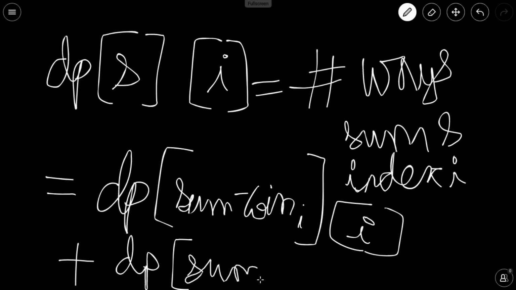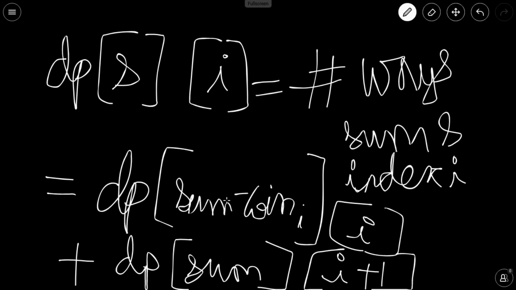So just think carefully. If you try to draw the recursion tree, then it will cover all the possibilities involved here. Since I am writing I plus 1 here, these two cases basically would cover all the possibilities and will give you the total number of ways possible. Now if you have a question in mind why we are adding and not multiplying, I told you in the beginning, whenever you are doing two jobs which are independent, such that either of them you need to do, you cannot do both of them, then in that case we can't do two things at the same time.